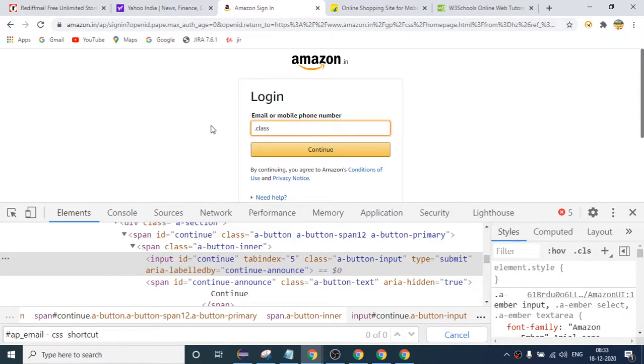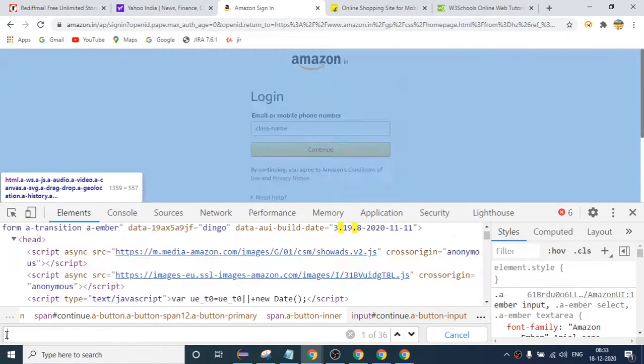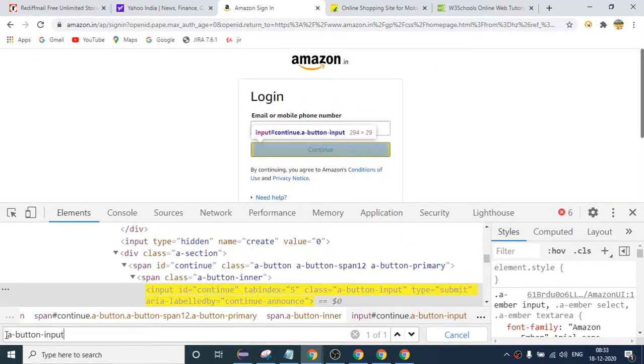That's all you have to write, dot class name, and this is your CSS. Before that, just provide one dot operator. So dot this. This is again a CSS, but make sure that only one element is matching, otherwise you have to use some other concept, right? So this is also one of the shortcuts.